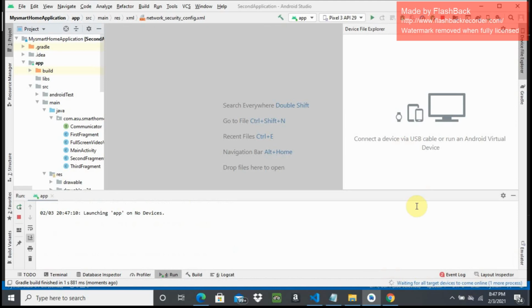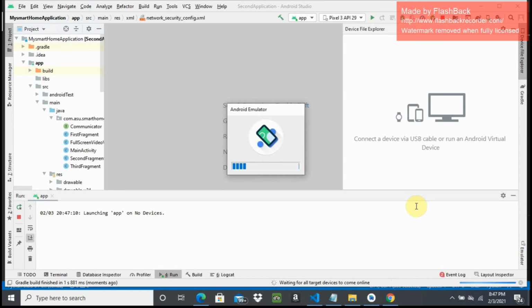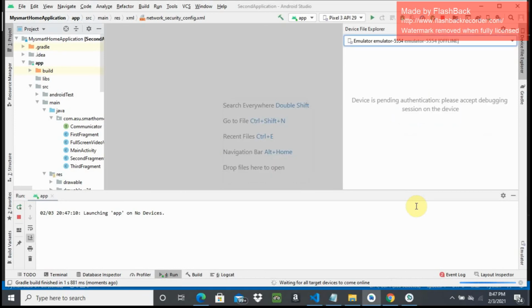So it is starting the AVD. It will take some time as I wiped all the data, so it might take some more time to boot up and start.